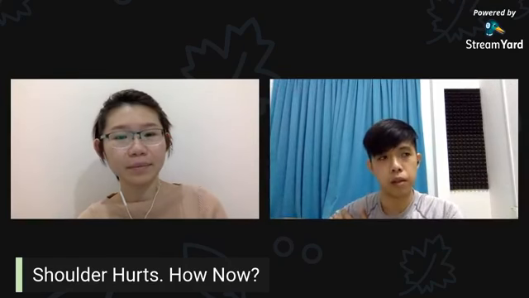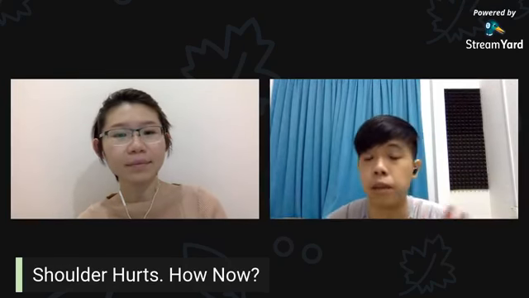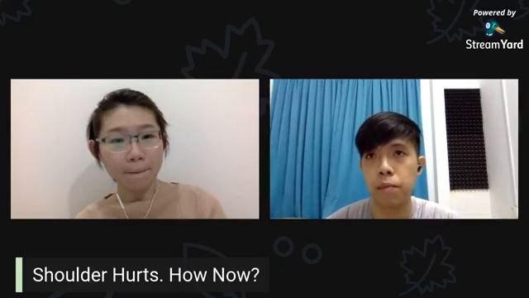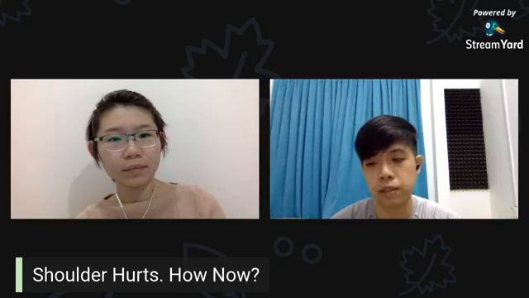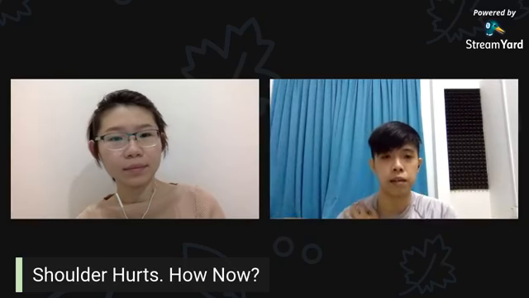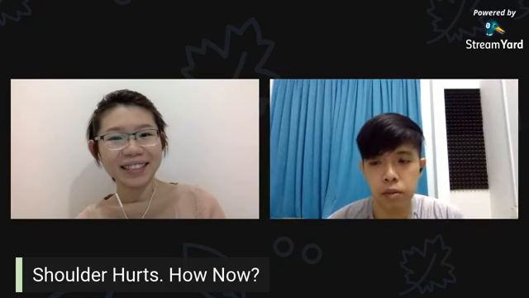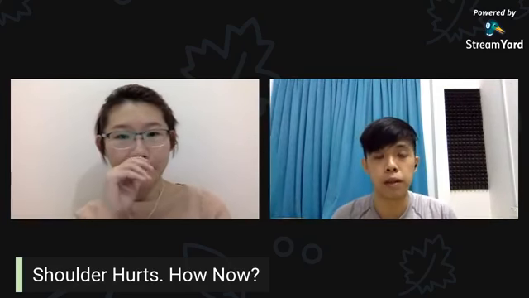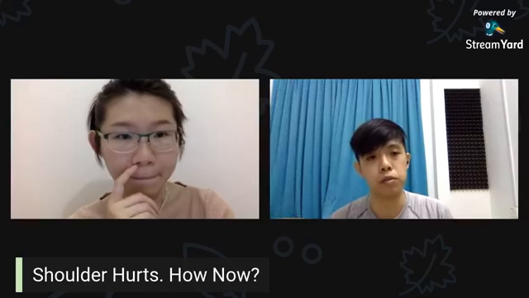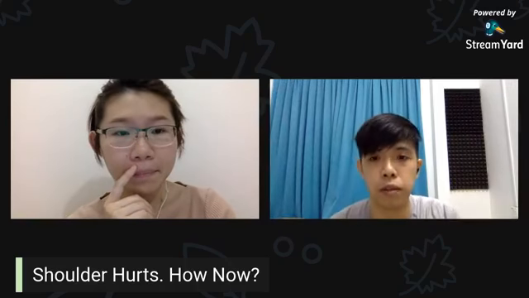That one, I think it could be an impingement problem, but there are some people that I know, my clients, they come and see me and say, "Hey, Jensen, my whole shoulder is stuck already." So besides these two tests, is there any other way that we can differentiate between shoulder impingement and frozen shoulder?